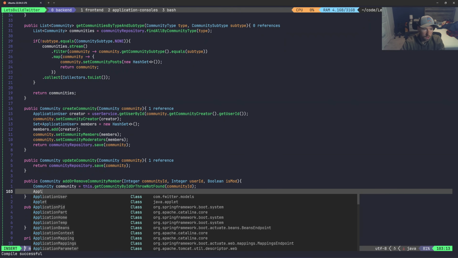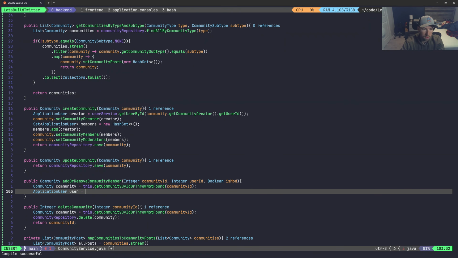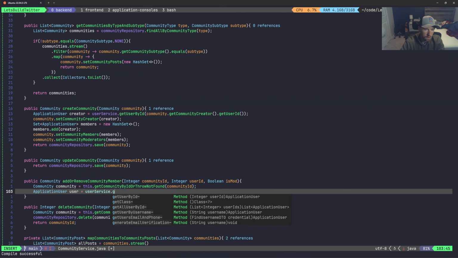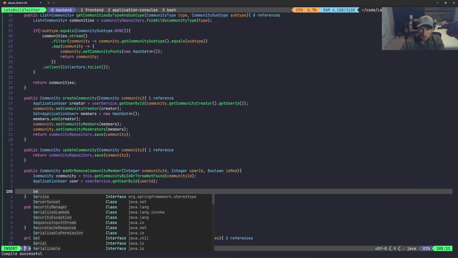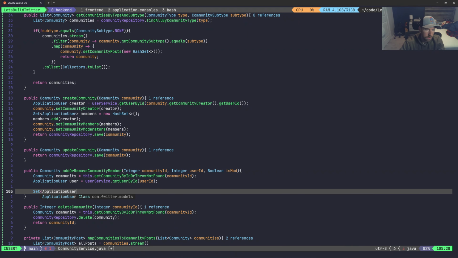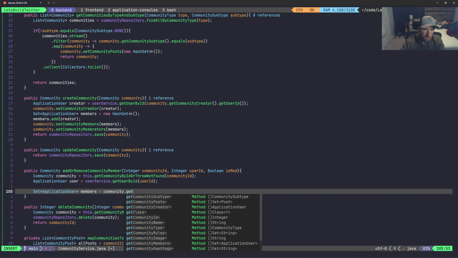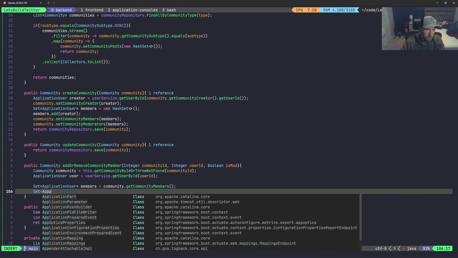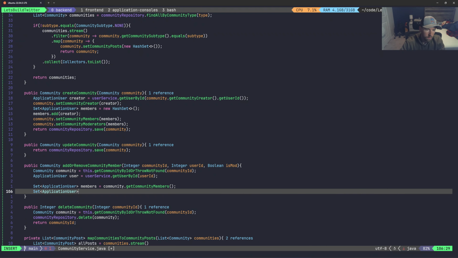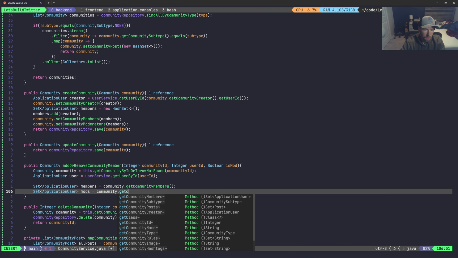We're going to go ahead and say application user is equal to user service dot get user by ID, pass in that user ID as well. Cool. And then we're going to say set of application user, and this is members is equal to community dot get community members. We're going to say set of application user, and this one is going to be mods equal to community dot get community